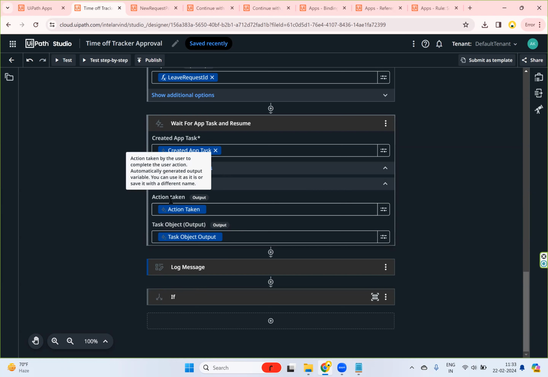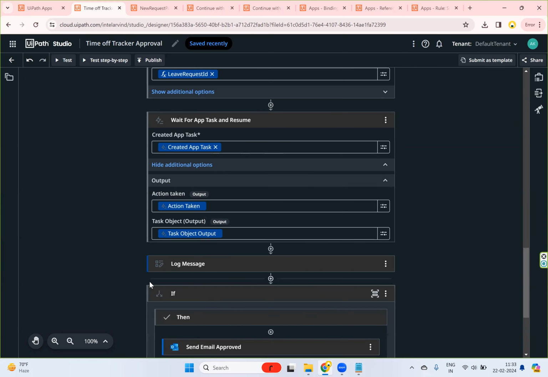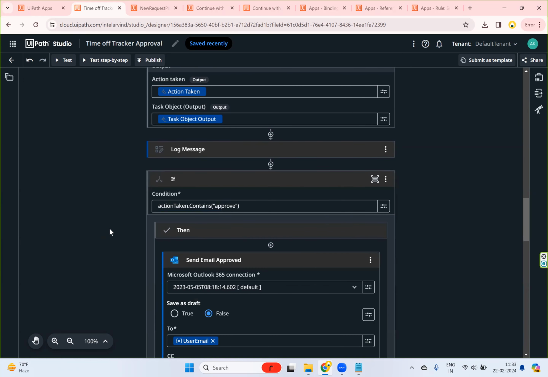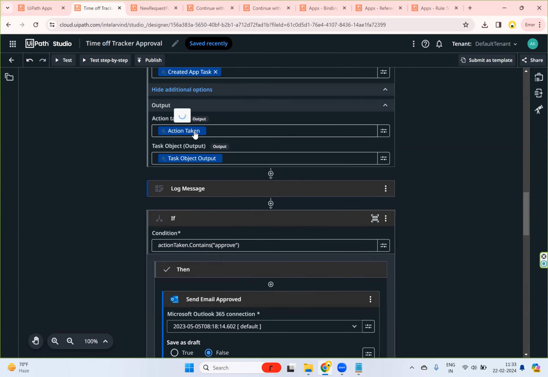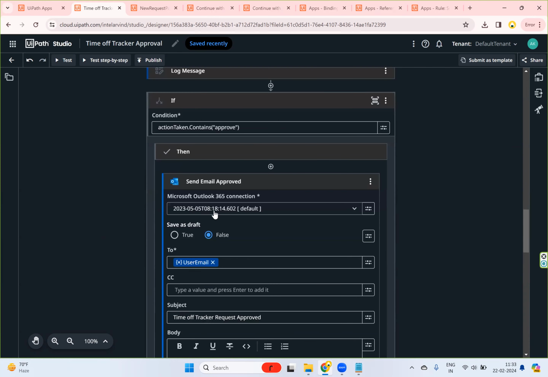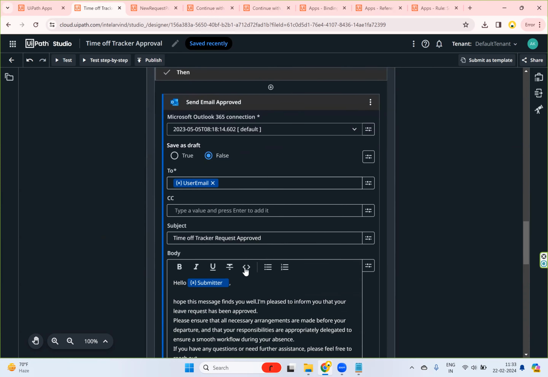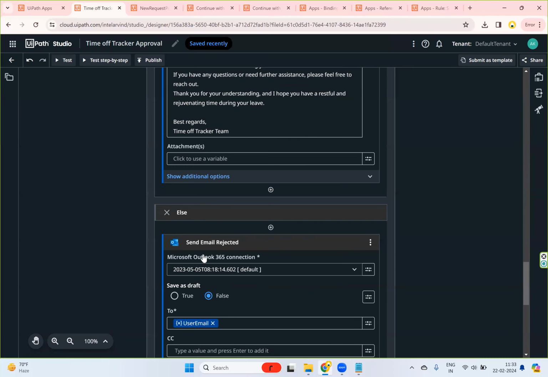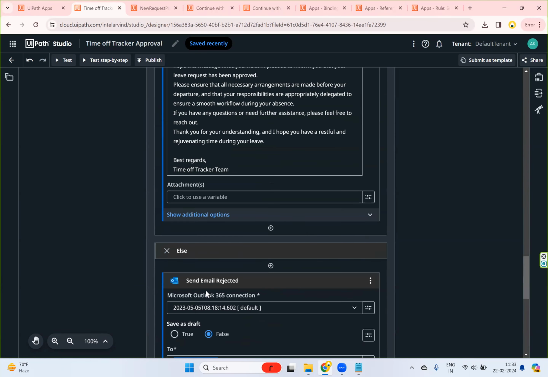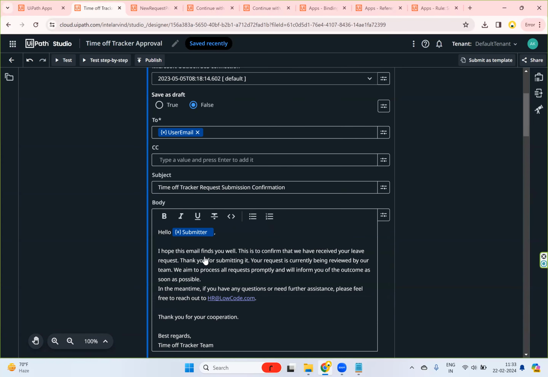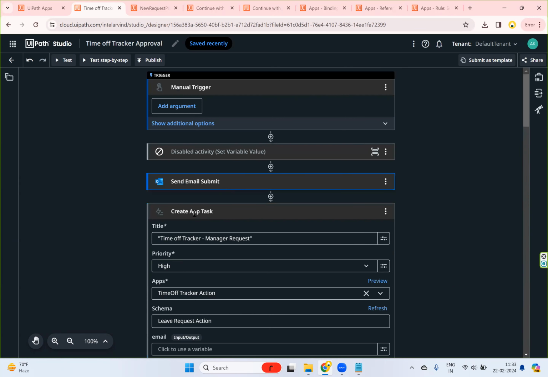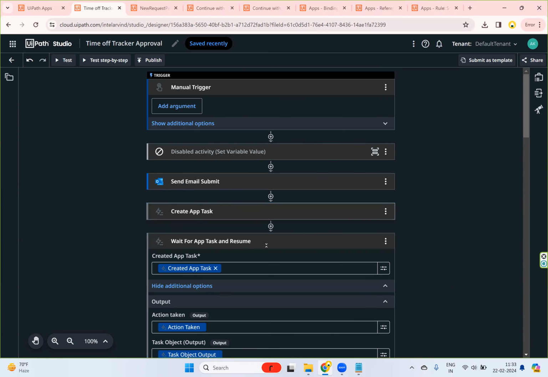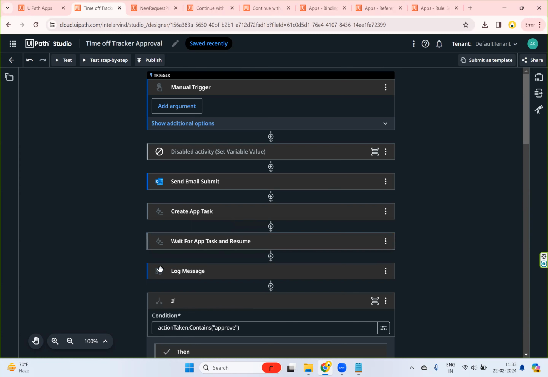So you will have output as action taken, and you have object also, so you can play around that. If you see here, my use case is, if this action taken has been approved, then send this approval email, and if this action taken is rejected, then send this rejected email. So basically in this web studio, you need two things. You need to go and create an app task, and then after the app task, you can assign to wait